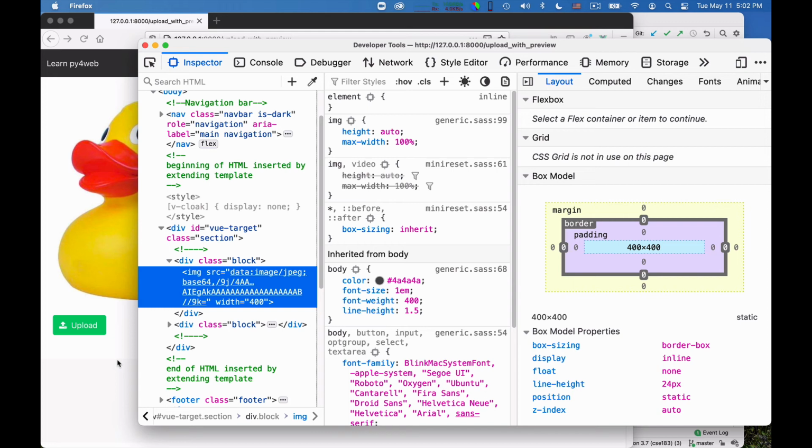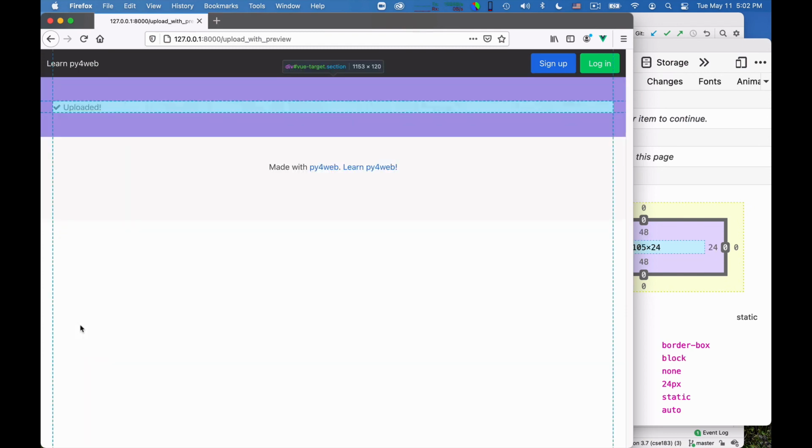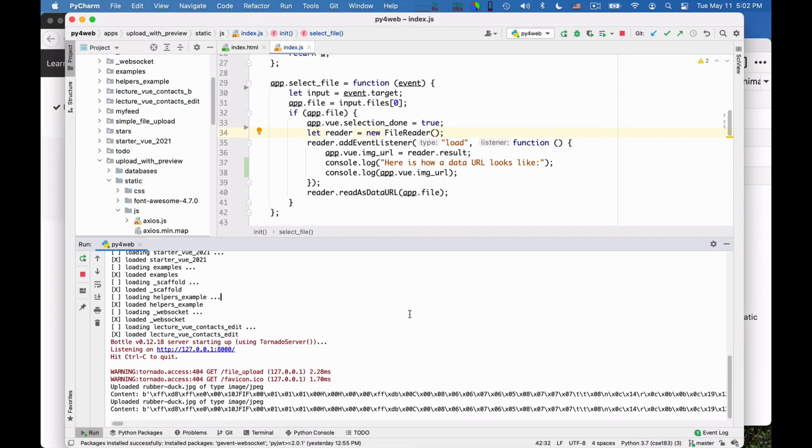I'm not doing it just because there is no very good reason, except that uploading directly the image is a little bit more efficient. But there are many cases in which it's just very convenient to upload an image URL. Anyway, now I click on upload, and this uploads it. So not so much to see, but if we go here, we see that we have uploaded a rubber duck JPEG of type image/JPEG, and the content is this long binary string that we cannot make sense of, which is the JPEG bytes.